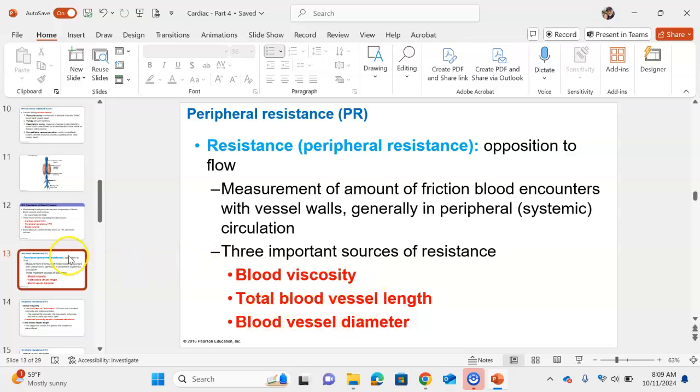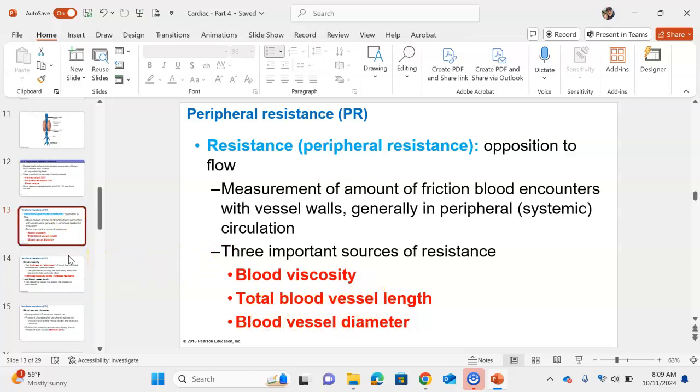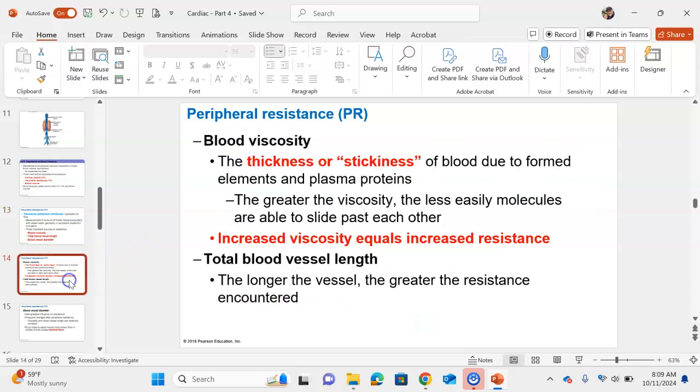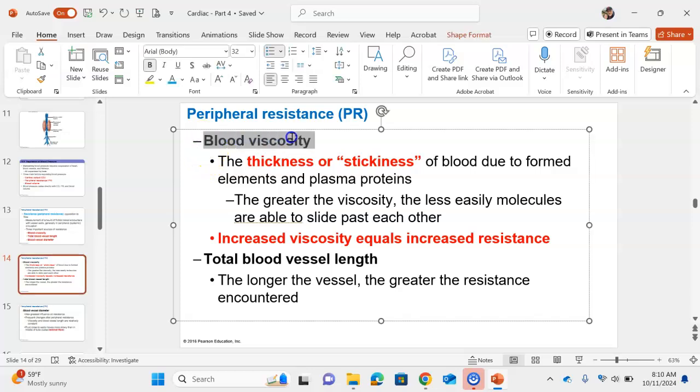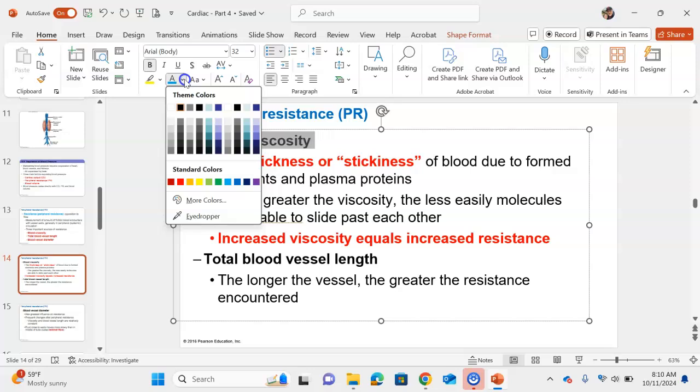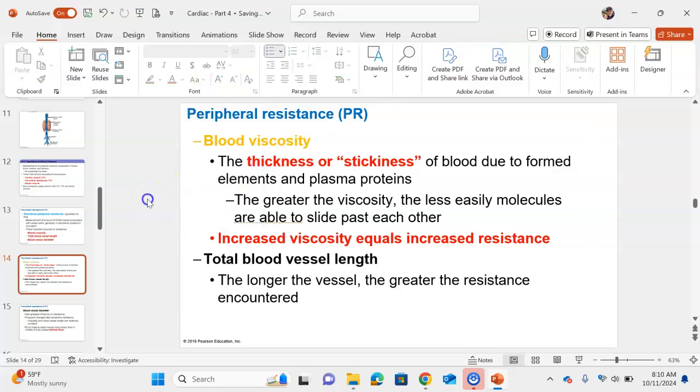So we need to break those down real quick and talk about them. First is blood viscosity, or how thick blood is. Let's go orange on this one. Blood viscosity is the thickness or stickiness of the blood, perhaps because of formed elements, platelets, or other factors